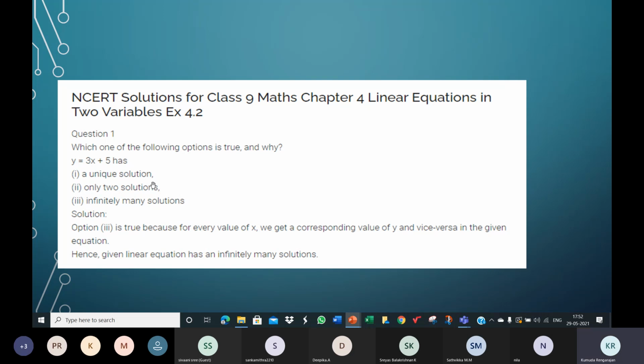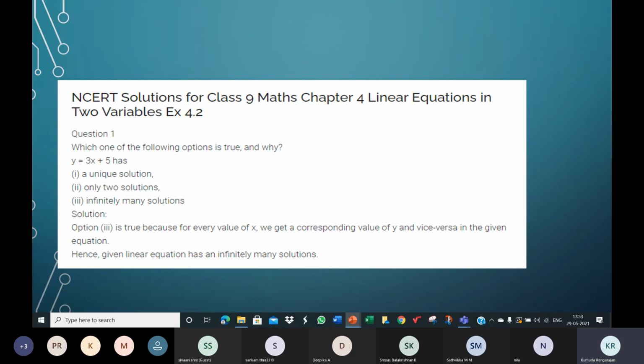And you understand it's the last one. So this one is a linear equation in two variables, x and y. And you know that you can give different values for x and find the corresponding values of y. X can take any real value. For different values of x, you will get different values of y, which means you can find so many solutions. So this linear equation in x and y has infinitely many solutions.